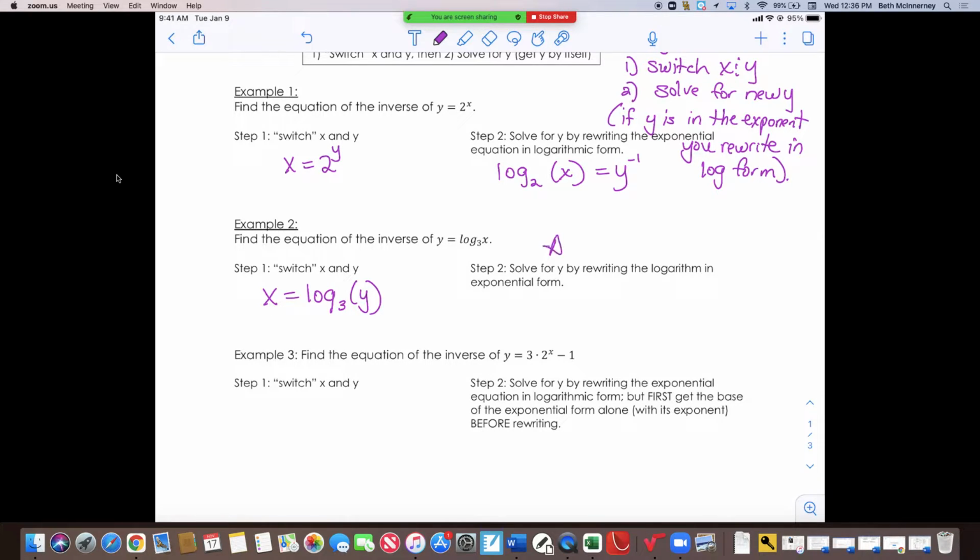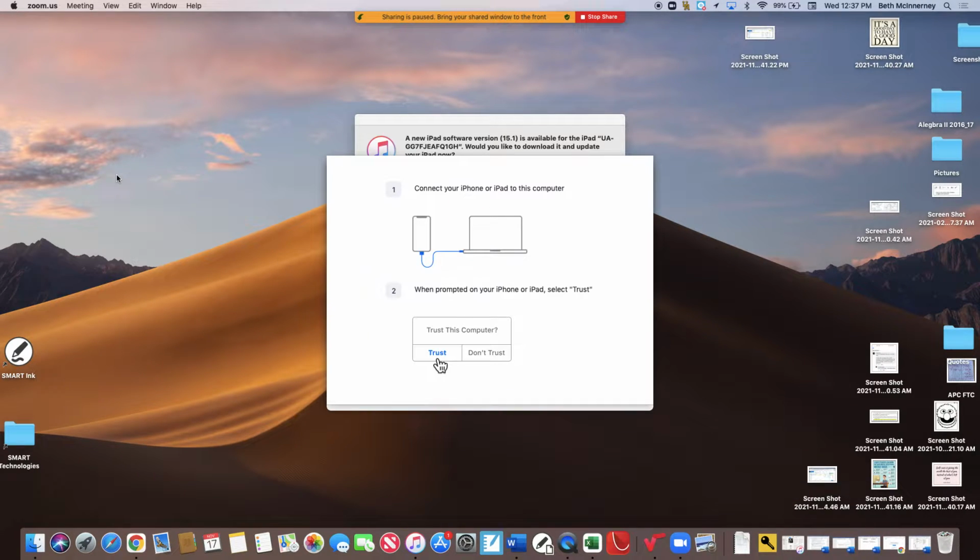So let's write ourselves a note. If y is inside a log,